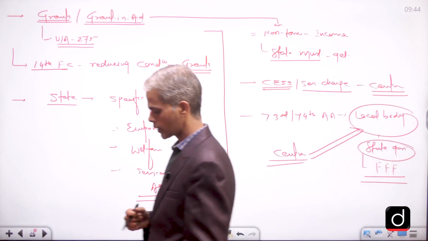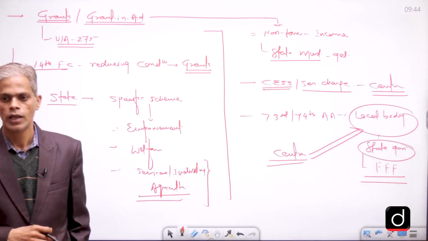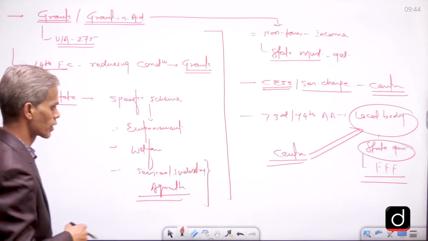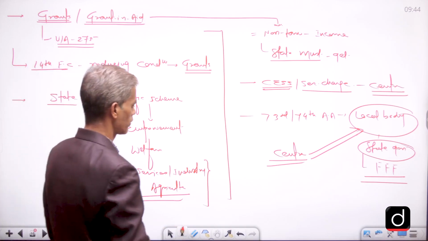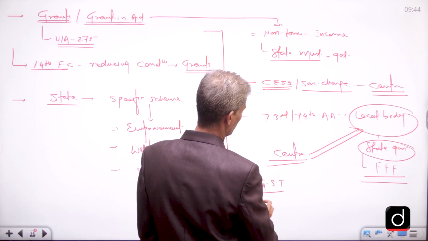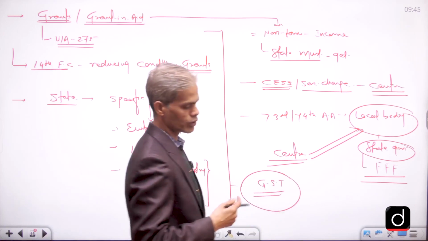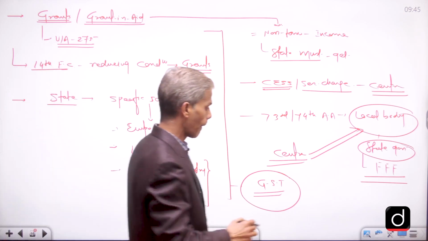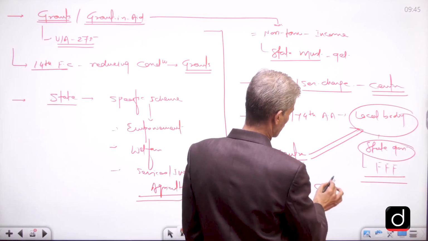So these are a couple of suggestions which you can use or which you can write as additional points apart from the recommendations of the Finance Commission, because if suppose you don't remember, it's quite old now, then you can mention about it. Plus another passing reference, you can talk about the GST. So when we talk about goods and services tax, it was also one of the important recommendations of the 14th FC only, and there the provision for the compensation